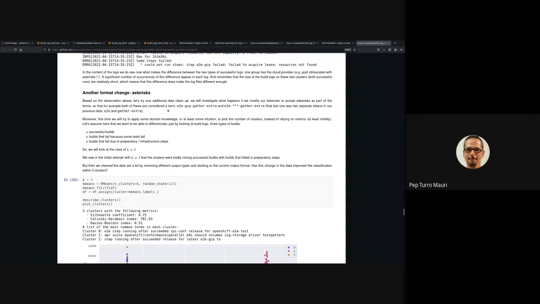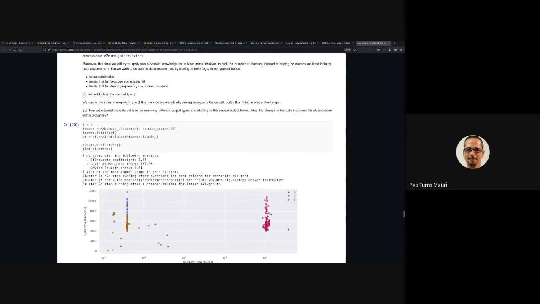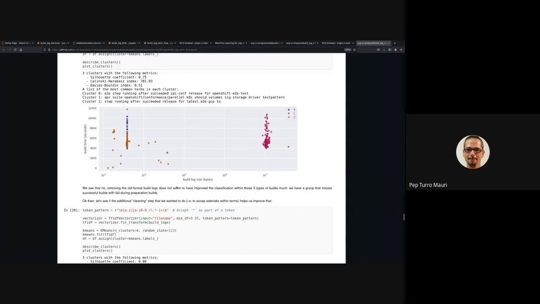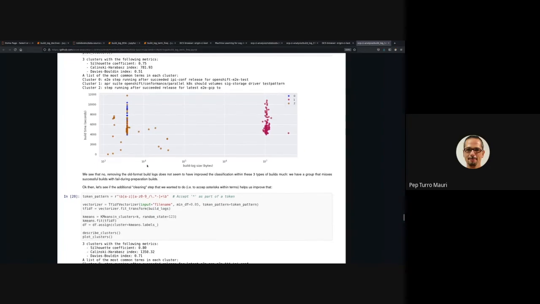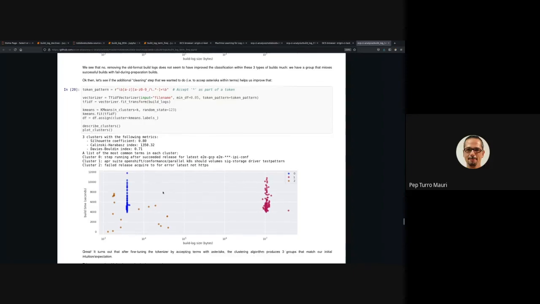So based on that observation, the next step was to decide, okay, let's accept asterisks as part of our term definition. Not only that, this time I tried to apply some domain knowledge, let's say, and instead of being guided by metrics, I said, let's try to make this task identify 3 clusters, on the basis that I want to know if this can clearly separate successful builds, legitimate test failures, and other failures, let's say infrastructure failures. So this was purposely forced to try clustering with 3 clusters, and yes,